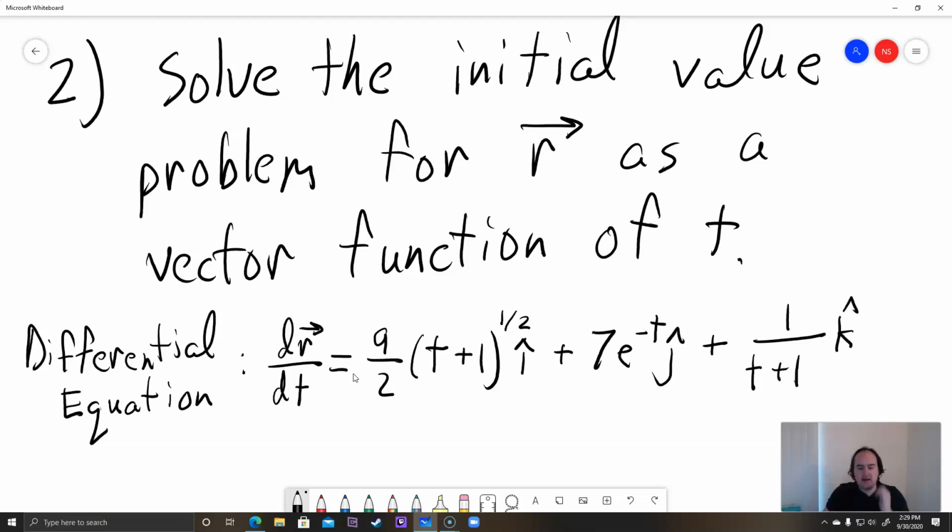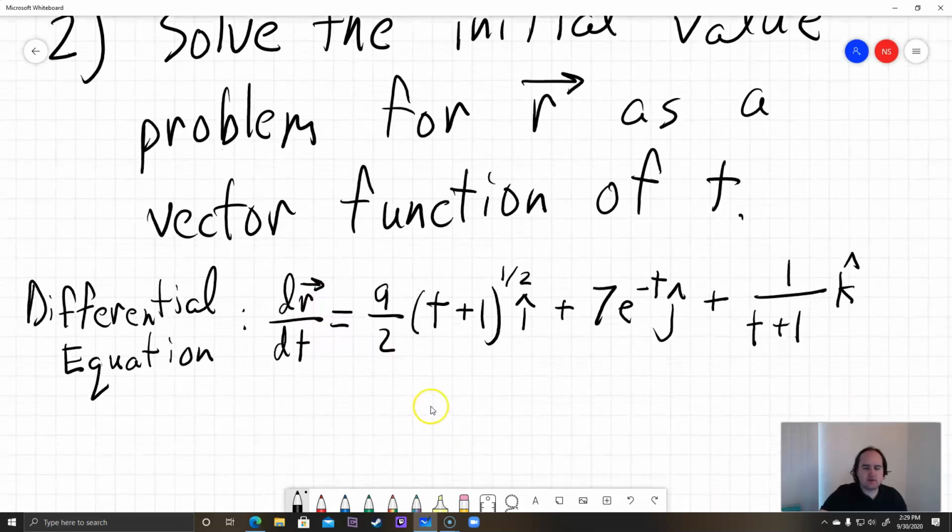Okay, so 9/2 times the quantity t plus 1, quantity to the 1/2 times I, plus 7 e to the negative t times j, plus 1 over t plus 1 times k. Okay, that's the differential equation, and we're going to be integrating each component to figure out what r is,